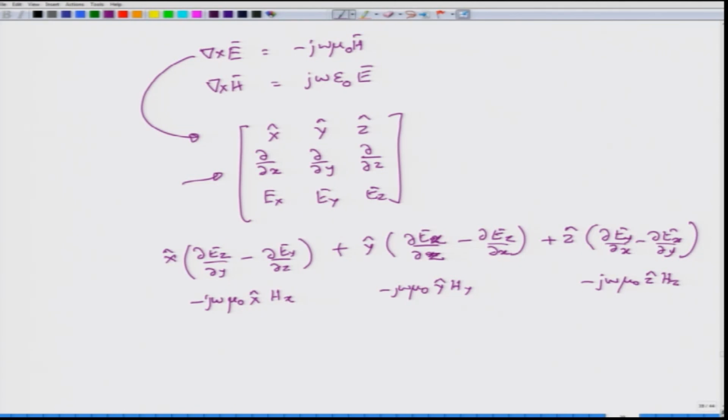I do not really have time to carry on this analysis in this module, so I am going to take this step in the next module. The problem is not finished, because we are just at the point of solving step number 2, where we are trying to express the transverse field components. These expressions will also be useful for us to discuss the slab waveguide, which we are going to do in the next module.